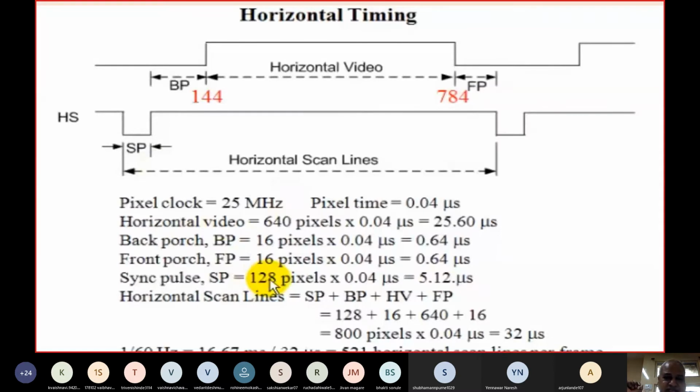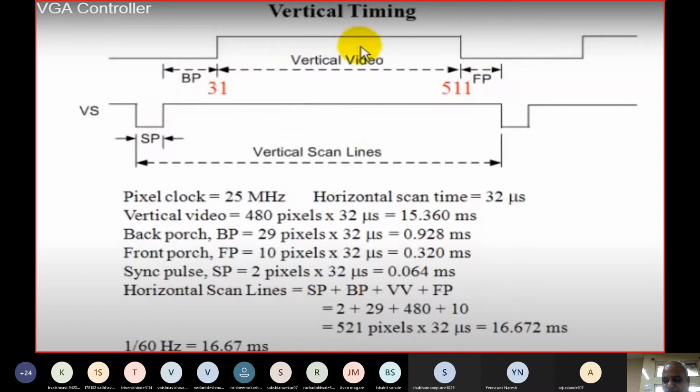So let us come to what exactly these horizontal timings are. Hopefully you can recall what a composite video signal is. In a composite video signal, during the trace period only the video signal is available. During the retrace period, as well as the back porch and front porch, there is no video signal. These are just synchronization signals. Now what you have to understand from this figure is how these timings are generated in the case of monitors.